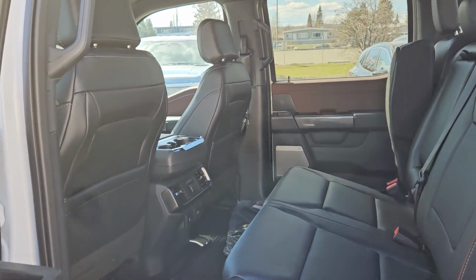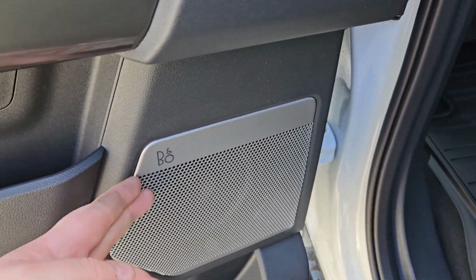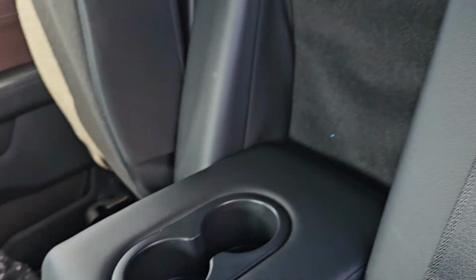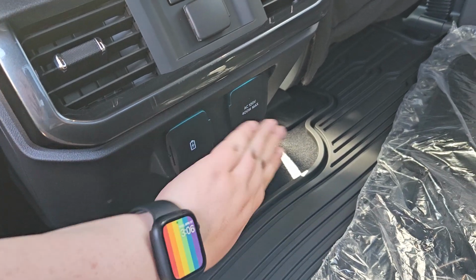Taking a look on the interior now, we can see this vehicle comfortably seats up to 5 pretty nicely. We do have this nice black leather perforated seats with brown leather accents. Plenty of door space, a B&O sound system which makes your music sound pretty nice, as well as brown leathering on the door. If you don't need that extra person, you do have 2 cup holders and some arm space. You do have 2 cup holders there, 2 heated back seats, 12 volt, USB and a USB-C, and a 120 volt outlet right there. And of course, if you need a little extra room, you can always lift up the